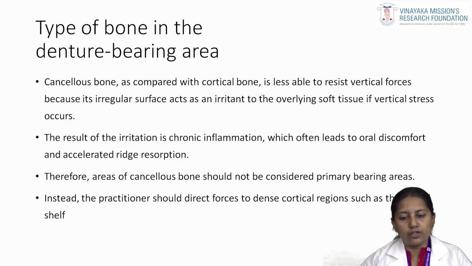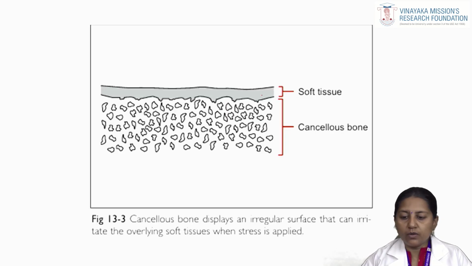The irritation is going to cause chronic inflammation, which may lead to oral discomfort and in turn accelerated ridge resorption. Therefore, the areas of cancellous bone should not be considered as primary stress bearing areas. Instead, the practitioner should direct the forces to dense cortical regions such as the buccal shelf. So, in this diagram, you can see these are the cancellous bone, which is going to cause irritation to the